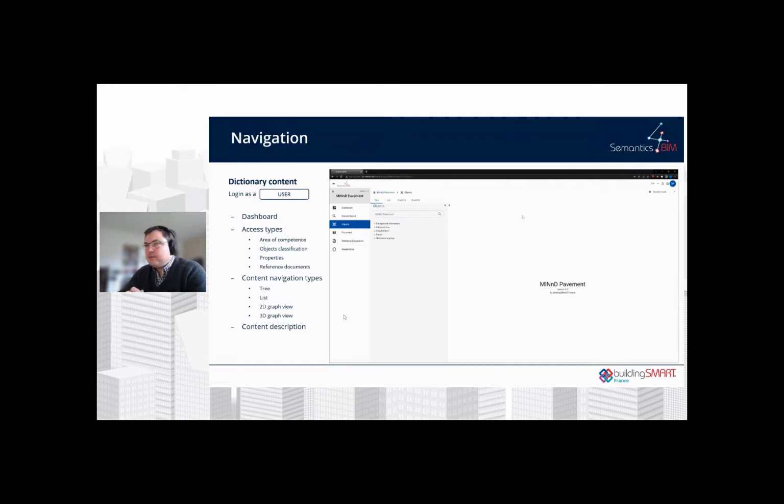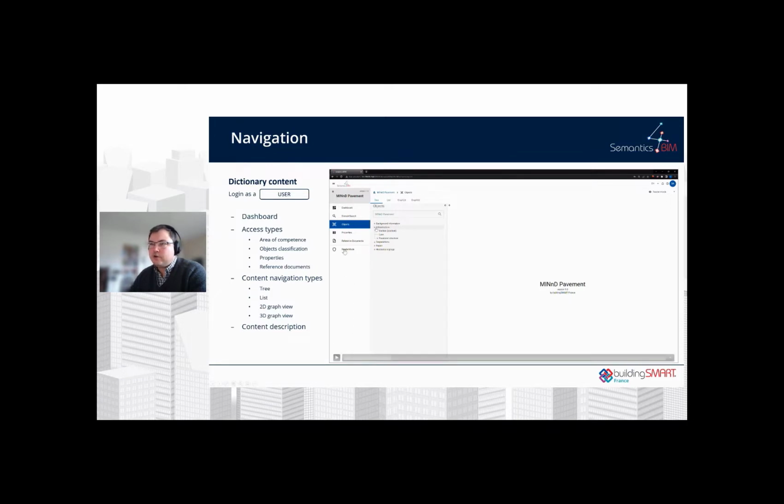I'm going to now present the navigation in one dictionary. I'm still logged in as a simple user. I click to have access to a specific dictionary. Here it's the mine pavement dictionary.